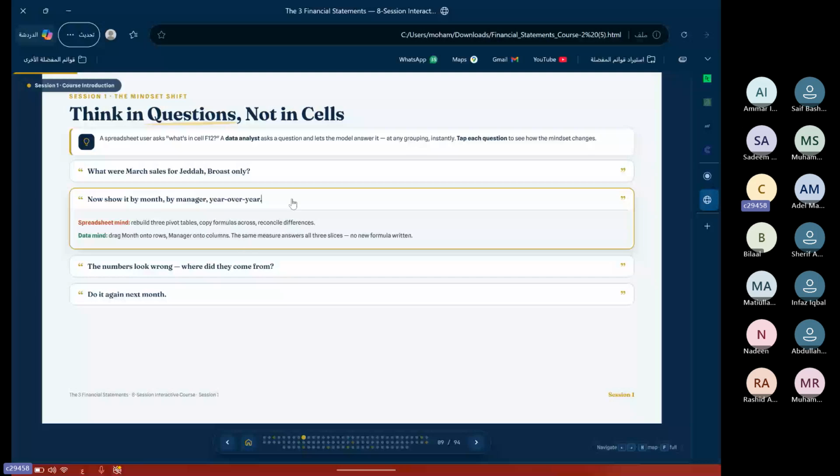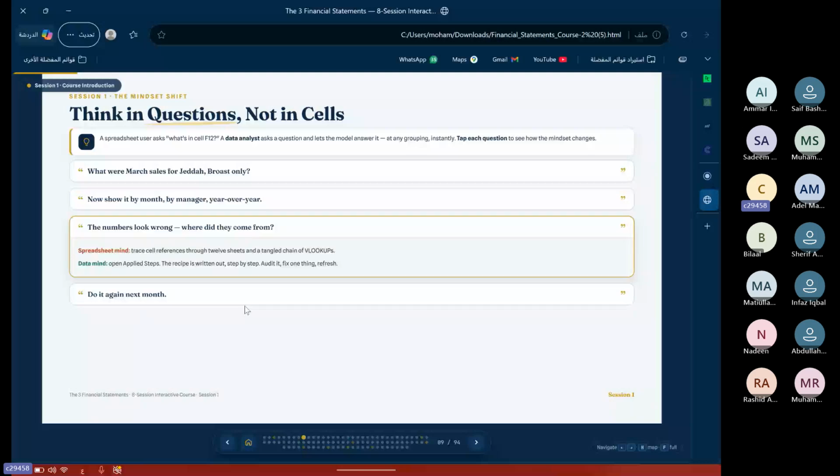be shown to you. Okay, the number looks wrong. Your manager tells you no, this number is not accurate. This 1 million, of course, we cannot achieve this 1 million in roast in March for Jeddah. So what is your issue here? You need to review it.